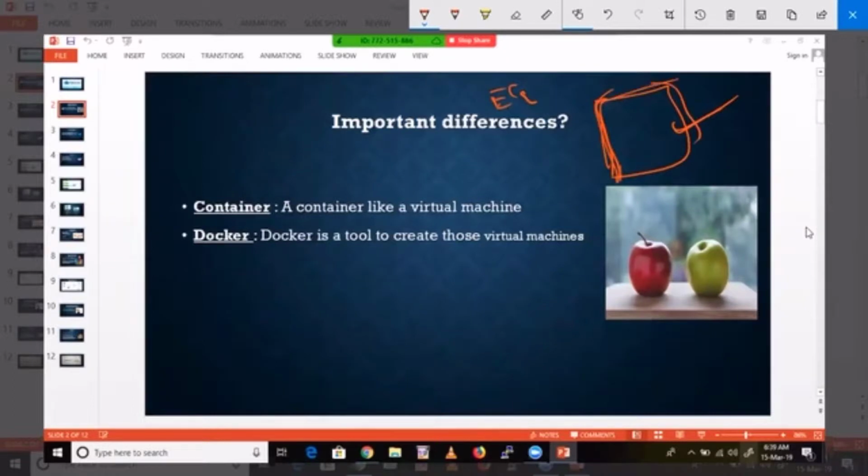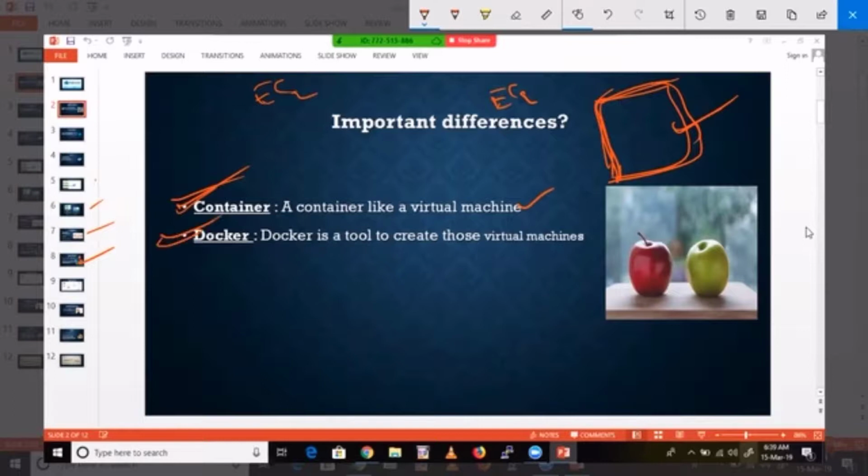Now you might be wondering why we are using cloud then. That you will understand later, because in Docker so many advantages are there, which you will understand in the next slides. Both are important. AWS is important, Docker is important. I'll tell you why. Did you understand what a container is? In AWS, we call it EC2. In Docker terminology, we use container. A container is like a virtual machine.